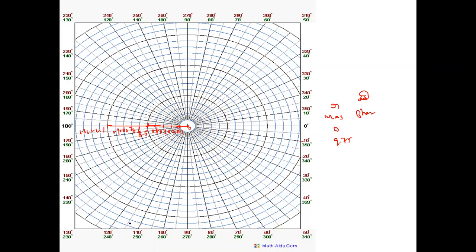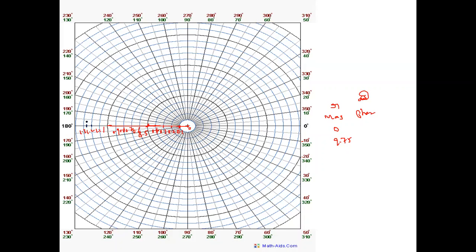Omega 0.1 we took, sir. Okay, what is the magnitude? 9.75. That 9 point something also I can't show here, so leave that point also. Next, omega 0.4, magnitude 1.8, sir. 1.8 also I can't show here; the scale is out of my range. Okay, the next. For 0.5, 1.26, sir. 1.26 I can show. So this is 1.26 here.